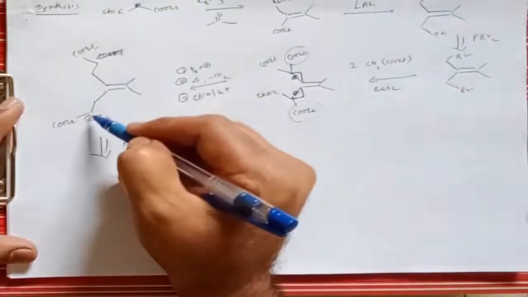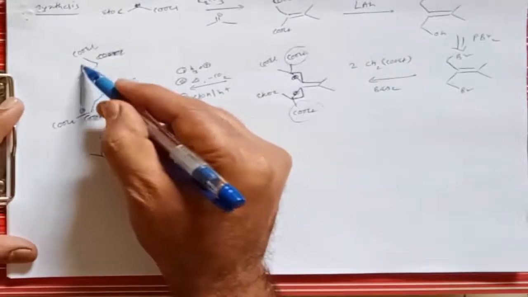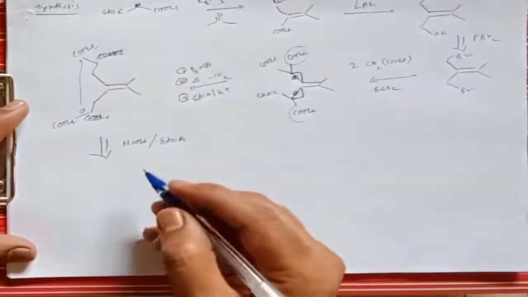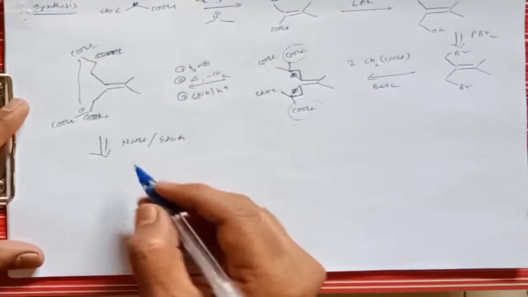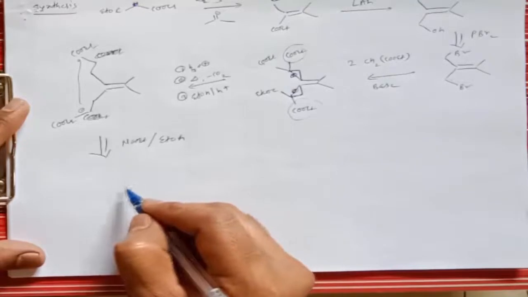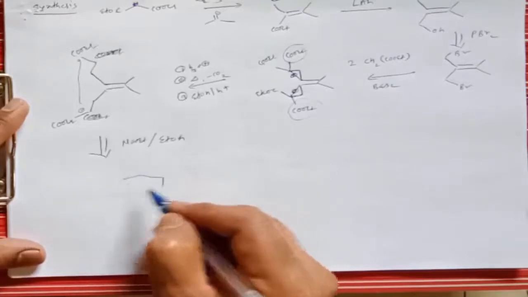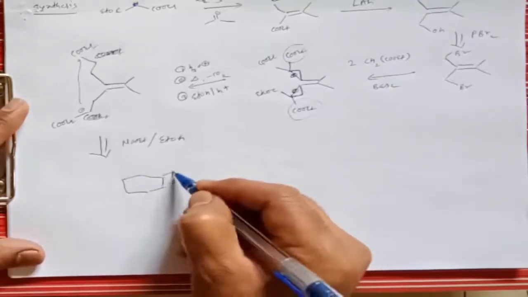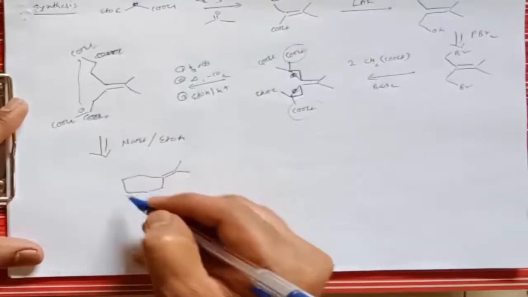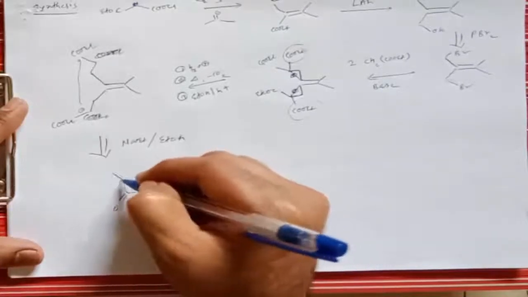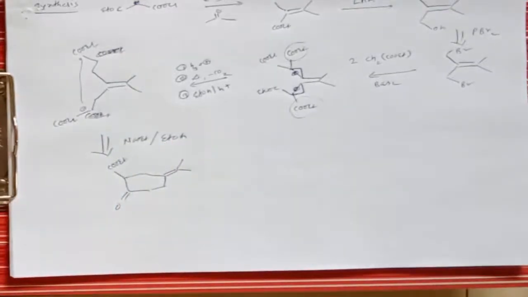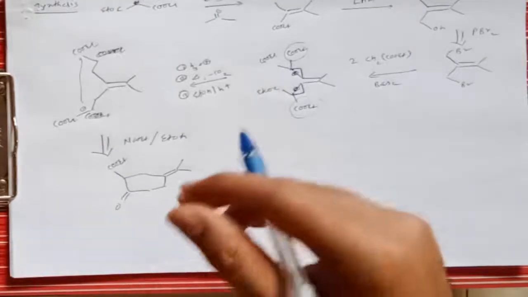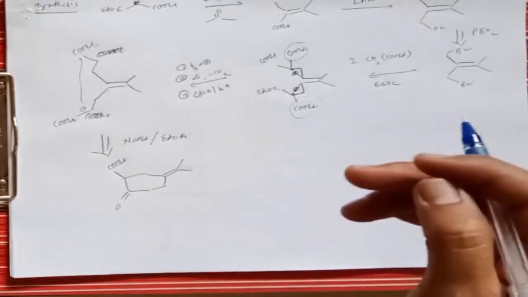That means the base will take a proton from this side, it will attack on this carbon, then the ester group will remain, and so what does it give? It gives formation of the target molecule like this. So this gives the target molecule. So here is a carbonyl functional group and here is a COOEt. So this molecule is again simple and we can easily prepare such types of molecules, right?